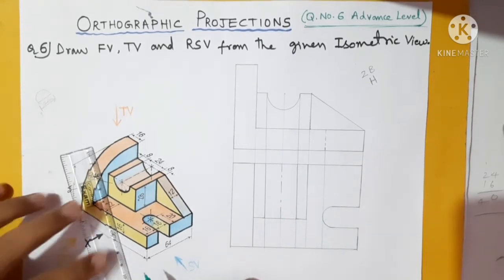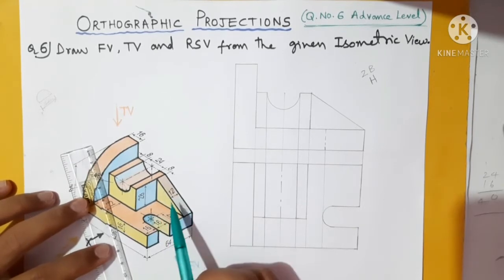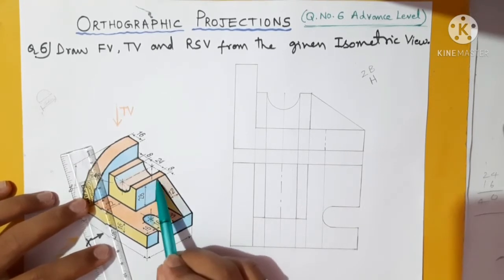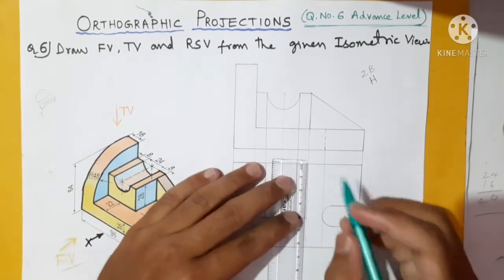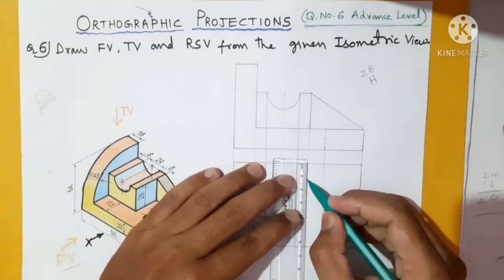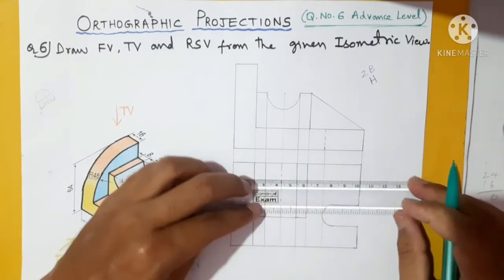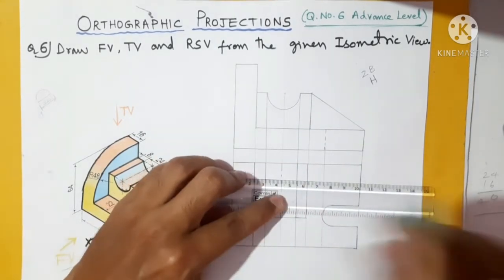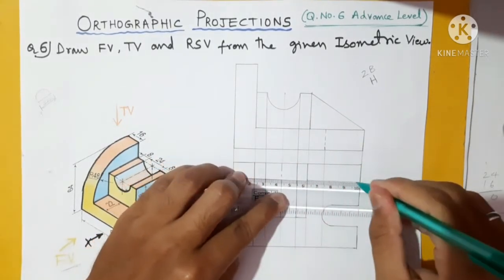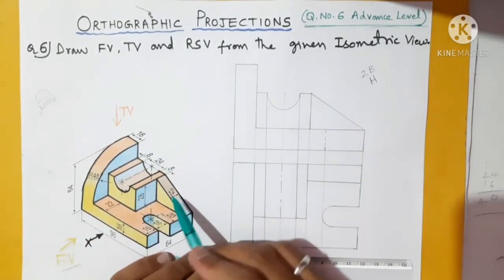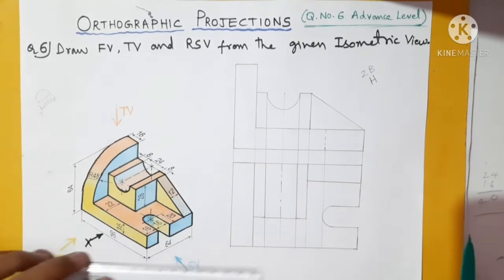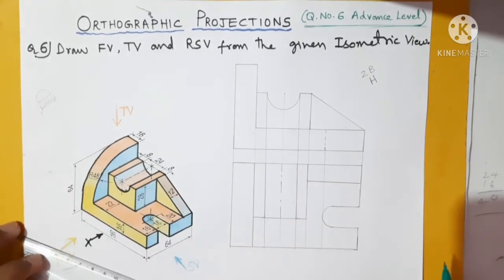Next, this rib you need to show in the top view, which has a width of 12 mm from this end. So from this end you have to go with 12 mm like this. So here is the 12, and draw like that in this direction. That is, we have done this surface, this rib slope, and this yellow surface is this one. What else is left in the top view? Anything else? Nothing left. Let us go for the side view.